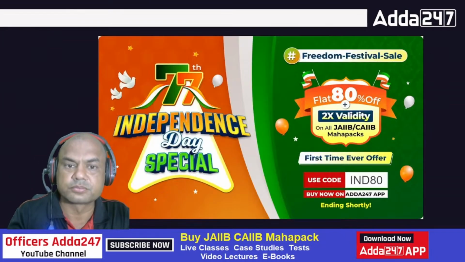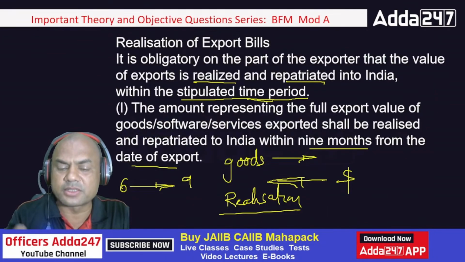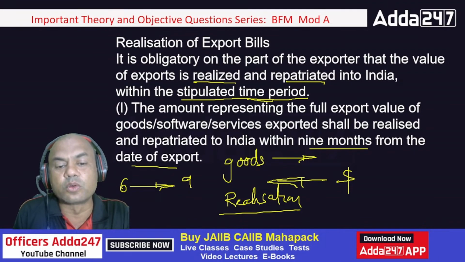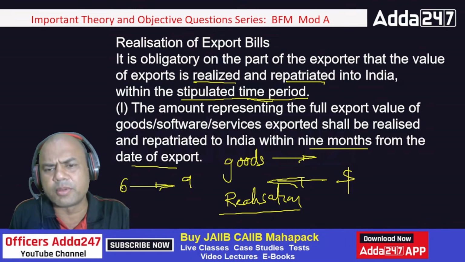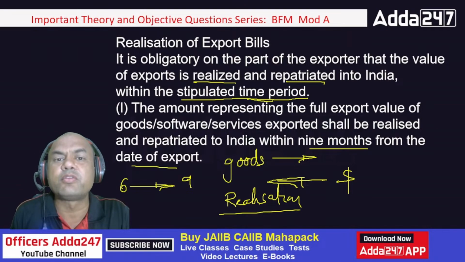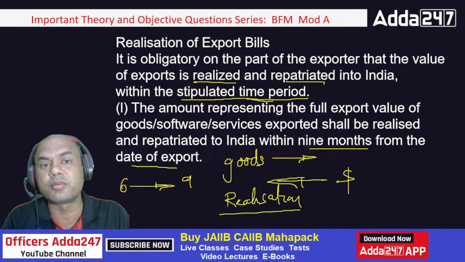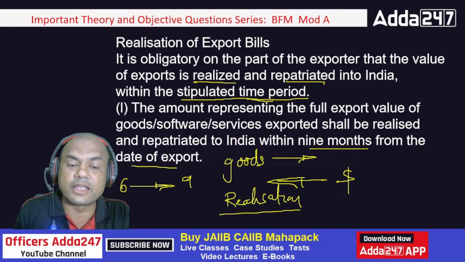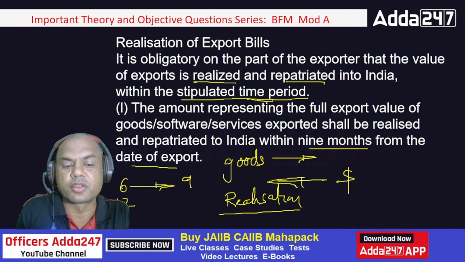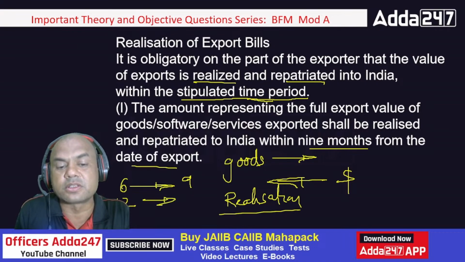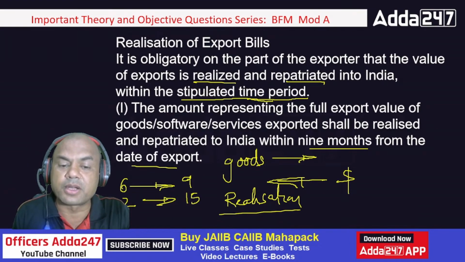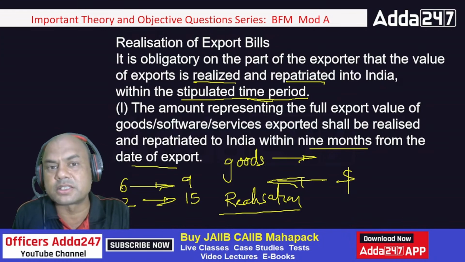Now this 9 months, before going ahead, see this 9 months. This is the lower limit. So minimum 9 months it should come back. But if it does not come back, after how much time should I report it to RBI? Earlier it was 12 months, so this 12 has gone to 15 months now. Everything has increased by 3 months. 6 went to 9, 12 went to 15. So if some money doesn't come up to 15,